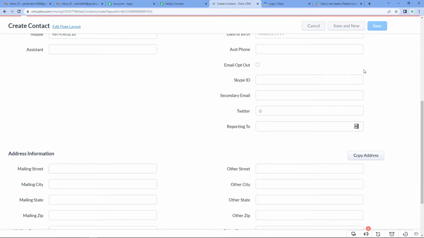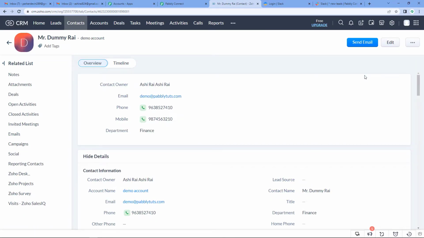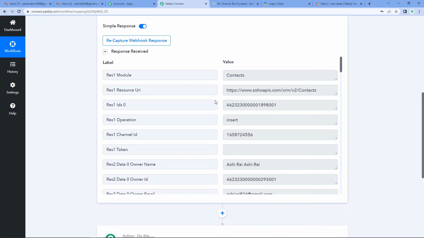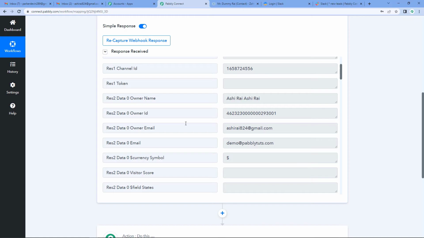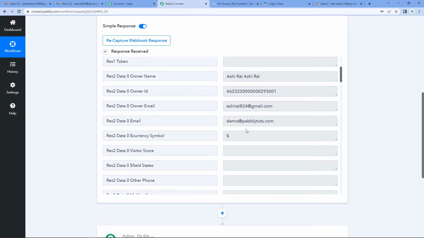So I'll click on save. Now, as I do that, this particular contact has been added to our Zoho CRM. I want to see if the response has been received, and it has been received here. Now here we can say that the owner's name is Ashirai. Owner email has been given, and now the email of the contact that we have added,